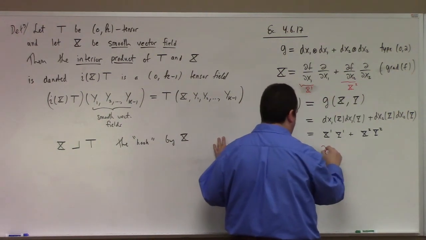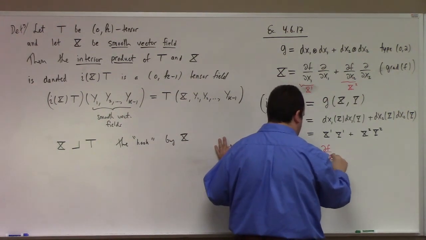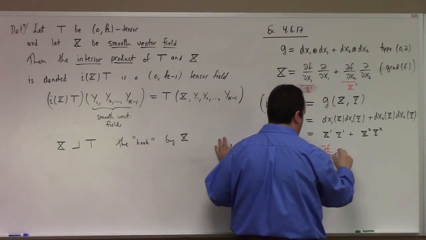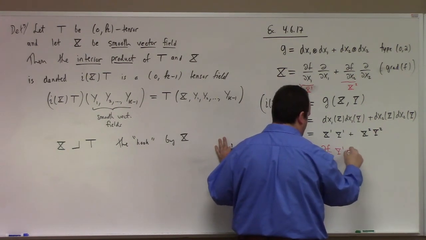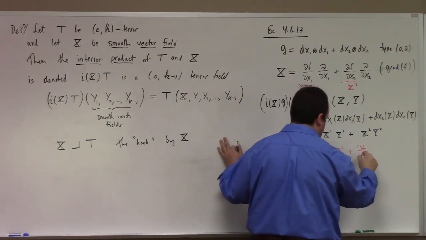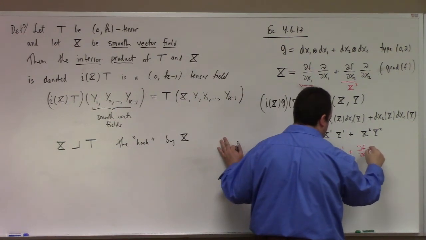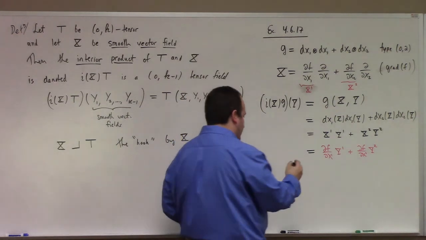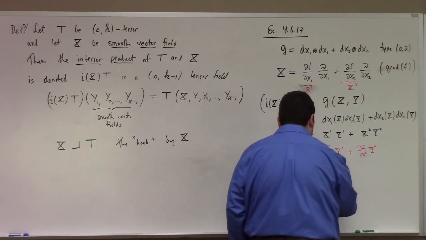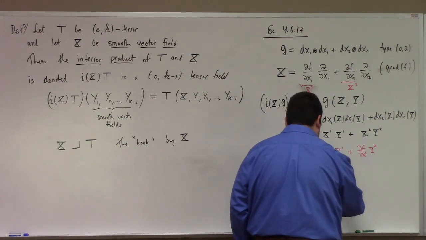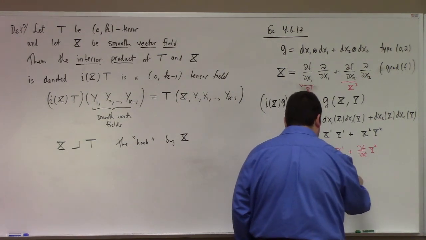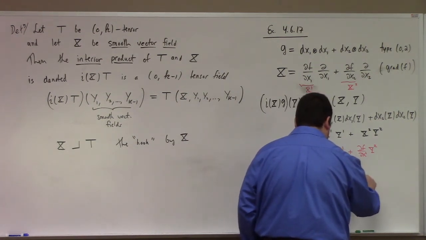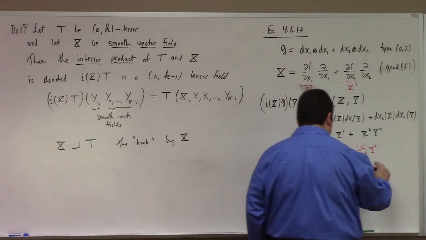So I've got partial f partial x1 of y1 plus partial f partial x2 of y2, which if you tilt your head and squint, you can see that that's actually partial f partial x1 partial x1 plus partial f partial x2 partial x2 of